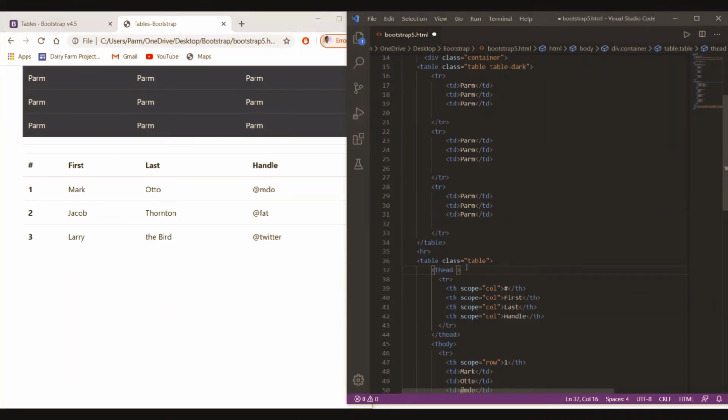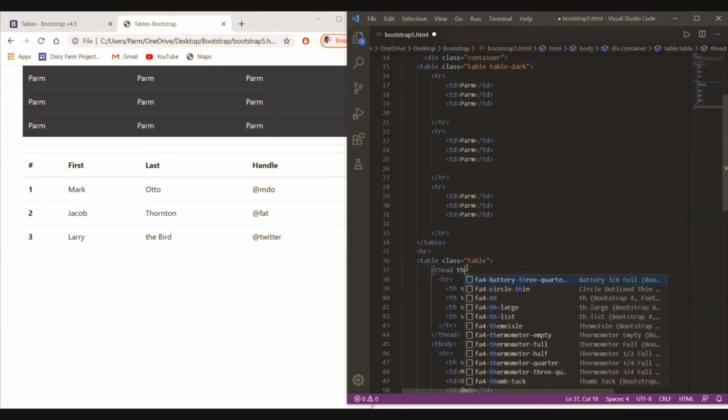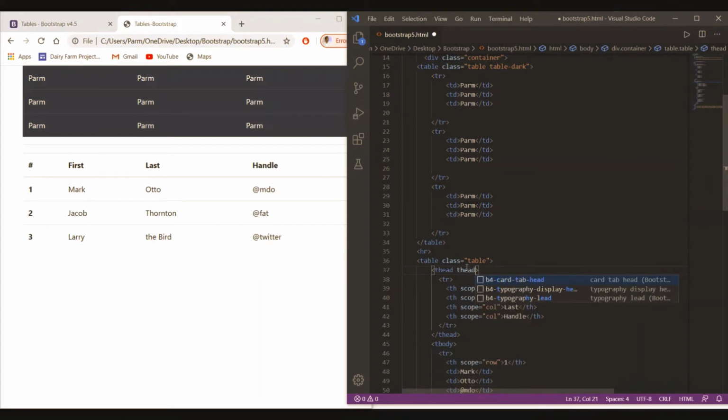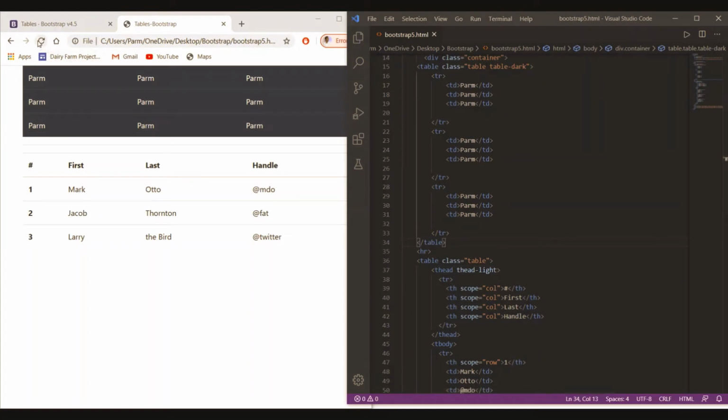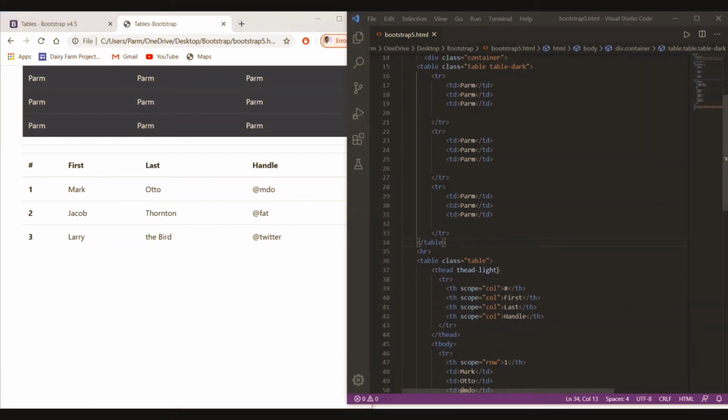Here is the table head, and we can here... by default it is red, and then we just try to make it dark.